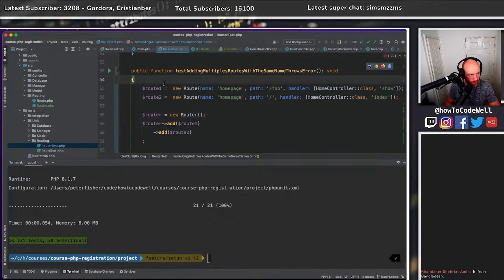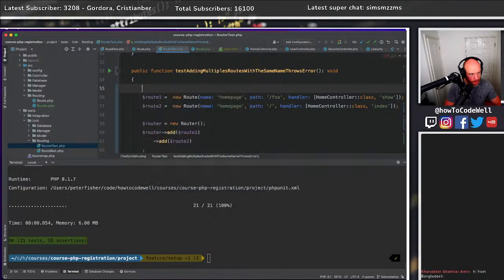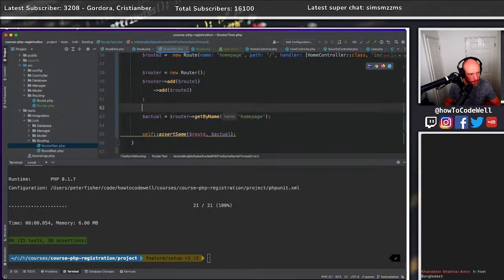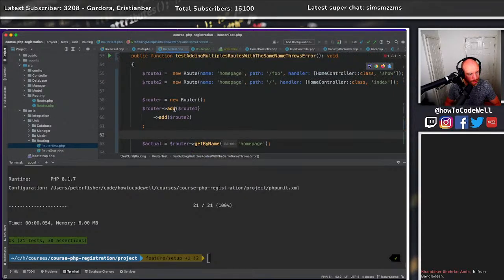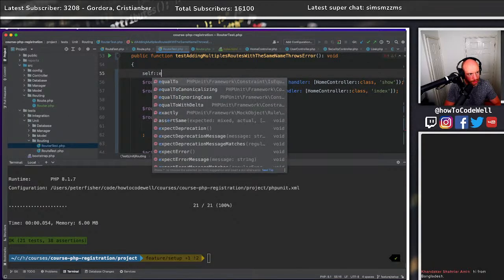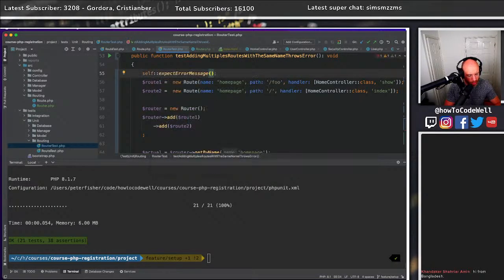So what we need to do is have, we want to do all that, and then we want to do, where should the exception be thrown? Should it be thrown on the add? I guess it should be, shouldn't it? So okay, up here we'll do self expect error message, and the error message is going to have duplicate routes with the name home page